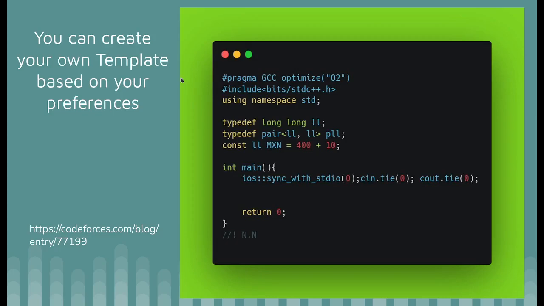And there is a main part. Usually I write return 0, but it's not that important. This line is the one I showed you in the beginning. It's fast IO, and it makes cin and cout faster. In this blog, where I added the link, you can see other templates. Some of them are very complicated because people like that. That was all. If you have any questions.